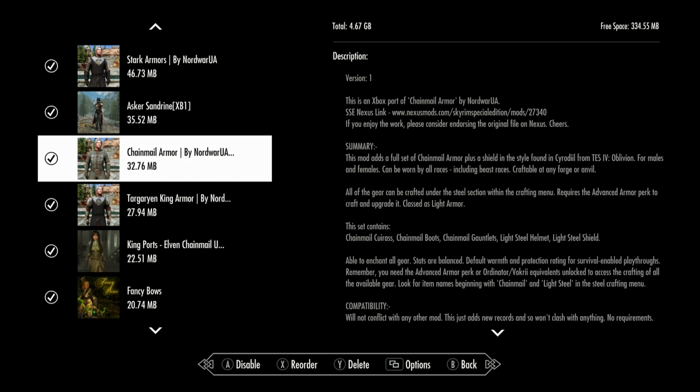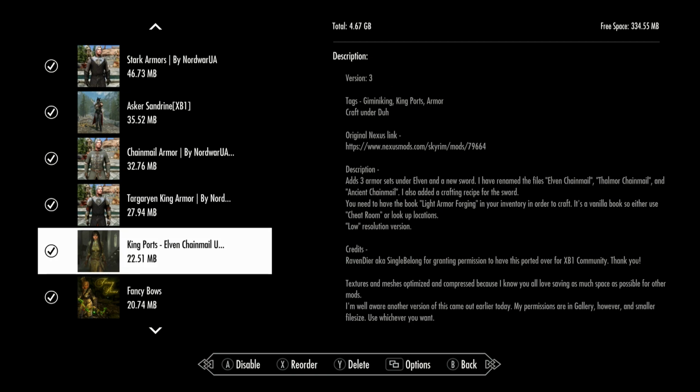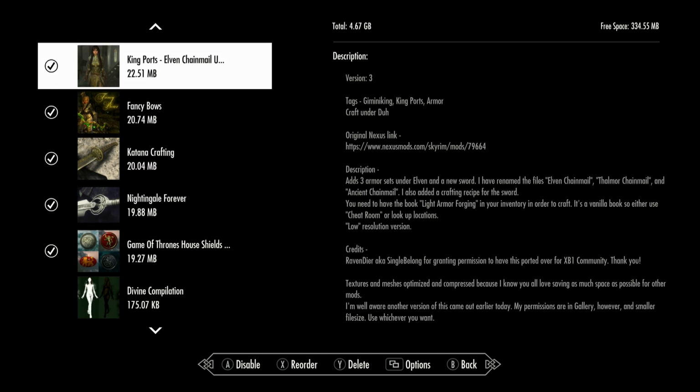The Chainmail is by Nordwar UA, and you'll see Crom using that in his playthrough, and I like that really good. And this is the King Armor by Nordwar UA again. It's very nice. This is from Kingport's Elven Chainmail, and I like that outfit really nice. So who have I got wearing that? I think I got Vera wearing one of the versions. There's like 3 versions, and I will tell you, this mod